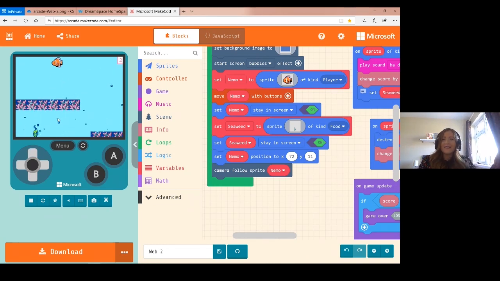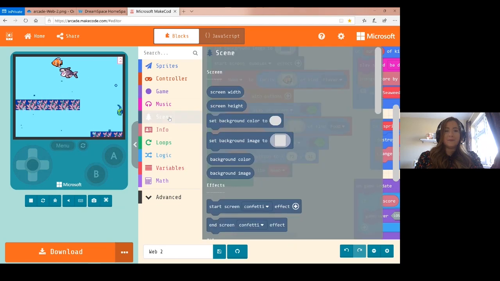Okay. And that's an overlap with tile maps. We're really used to using an overlap with our sprites, but now our coral is the tile map. And we're saying if Nemo overlaps with the tile map, something's going to happen. And Amanda, where do we usually find our tile maps? Normally we go into scene. Exactly. So let's go into scene and let's scroll down